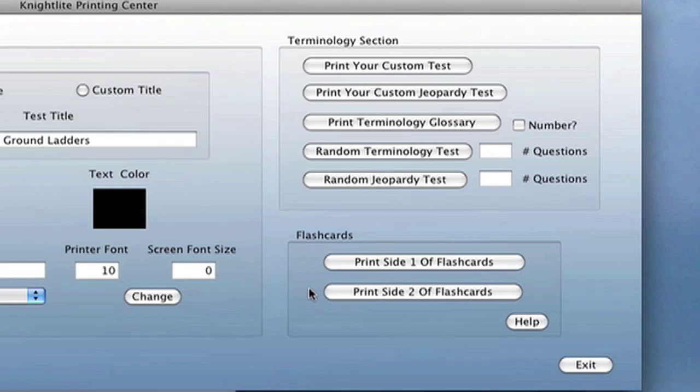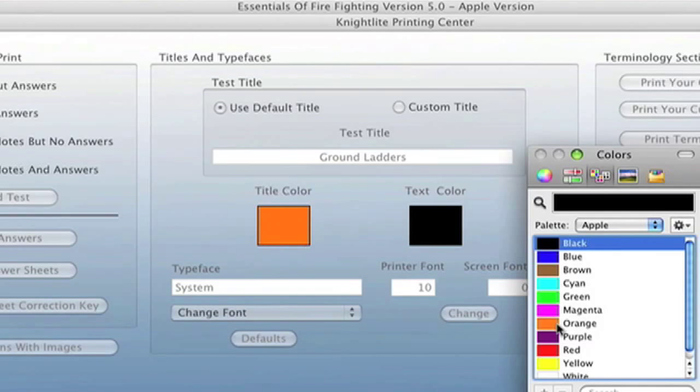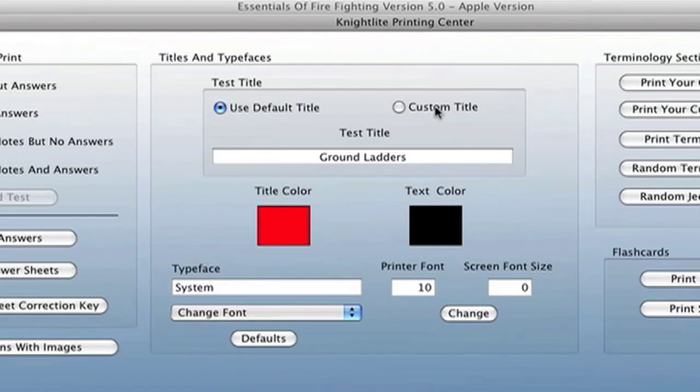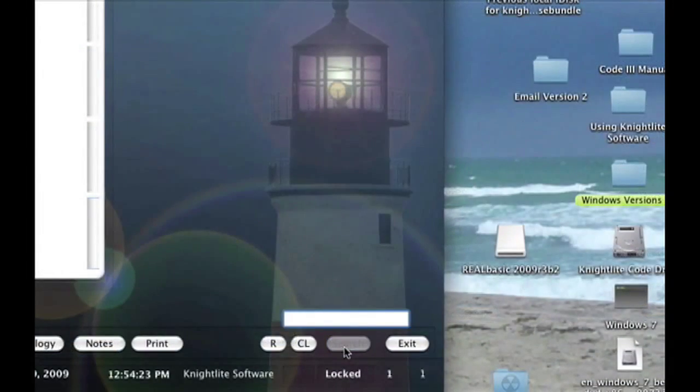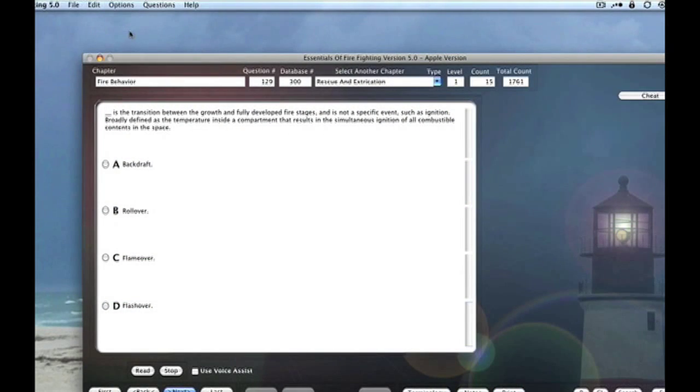You can change the look of your test by changing the typeface, font size, and color. You can also give your test a custom title. To change it back to the default settings, click on the Default button. Back to the main testing window, you have a host of other options. You can search for keywords by clicking the Search button. You can hide your score while you're taking a test by clicking the Don't Tell Me How I'm Doing button